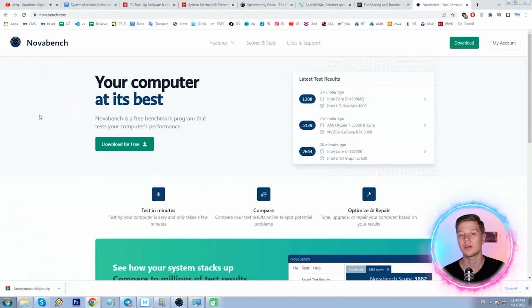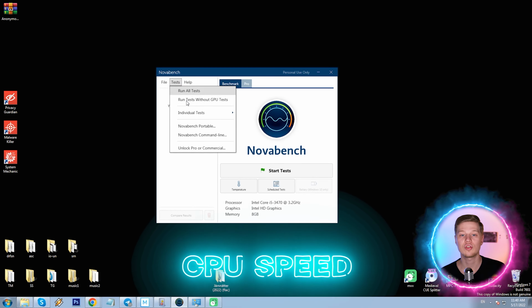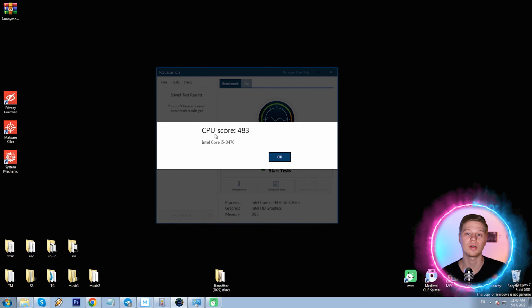Okay, for the test of the metrics, CPU, RAM, GPU and drives, Iolo guys used this free tool NovaBench. I checked it. It is legit and it is quite handy, so let me see. Run the CPU test, it shows the processor model and the CPU score 483. The score is an impression of your PC performance relative to other computers scored by NovaBench. The higher the score, the better. So 483 is probably quite okay, but below average, which is